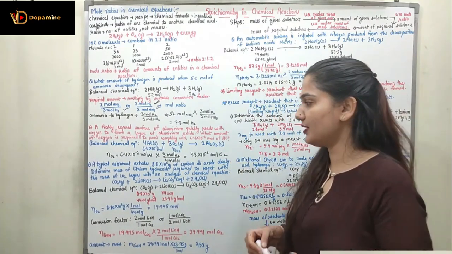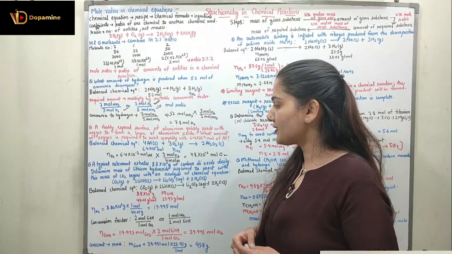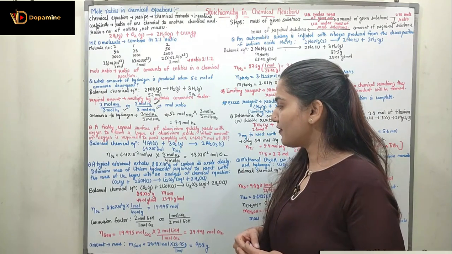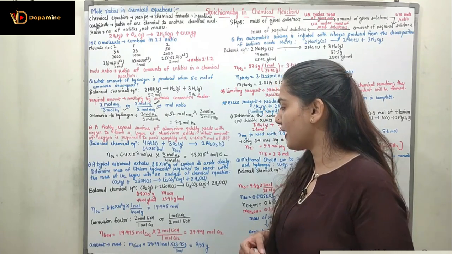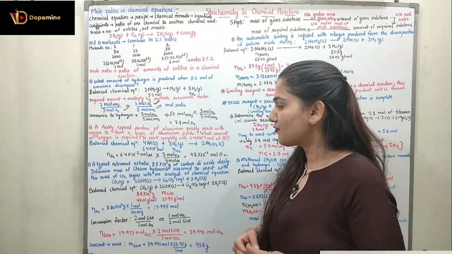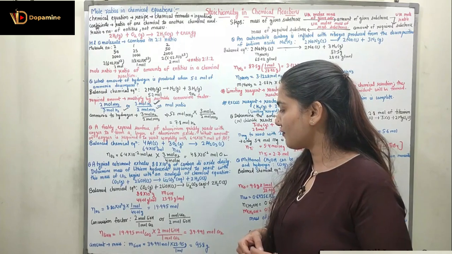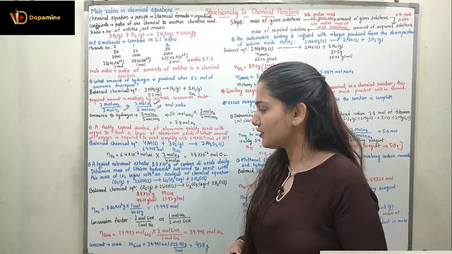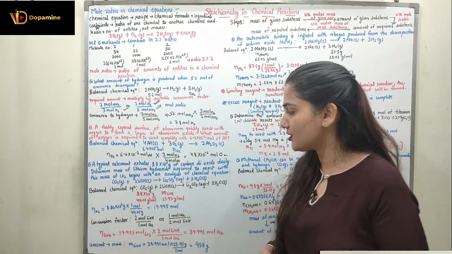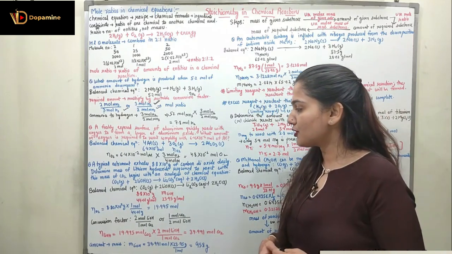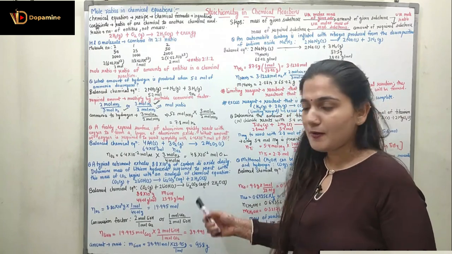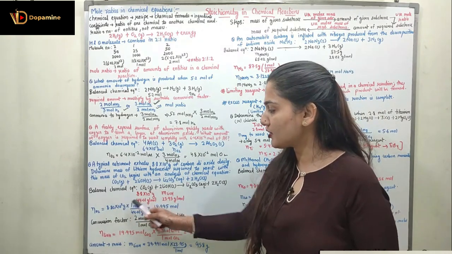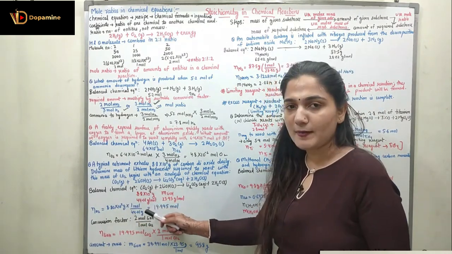Coming to the next question: a typical astronaut exhales 8.8 into 10 raised to power 2 gram of carbon dioxide daily. Determine the mass of lithium hydroxide required to react with this mass of CO2. Begin with an analysis of the chemical equation. The chemical equation is given: CO2 in gaseous form plus 2 LiOH in solid state gives Li2CO3 in aqueous form plus 2H2O in liquid form. So from here we have to see the balanced chemical equation with the amount and the molar mass also.